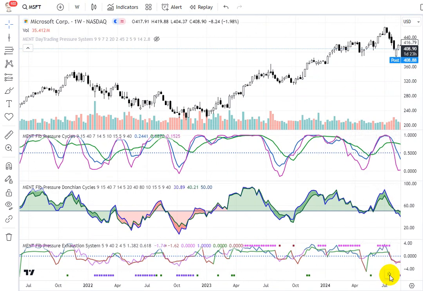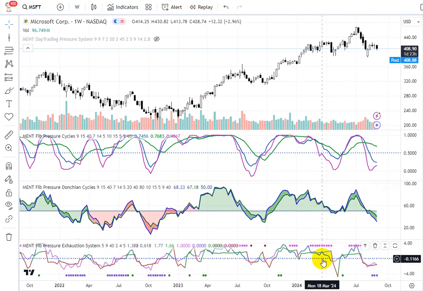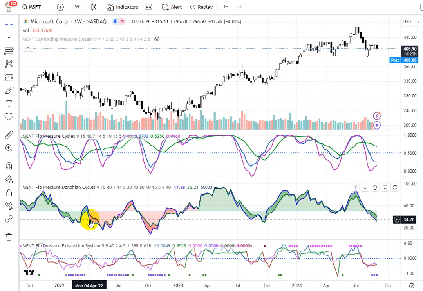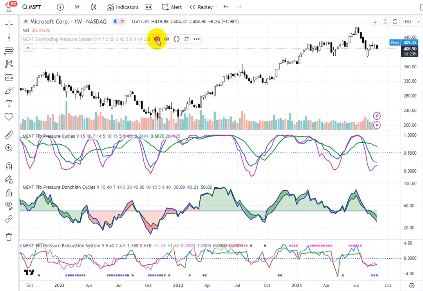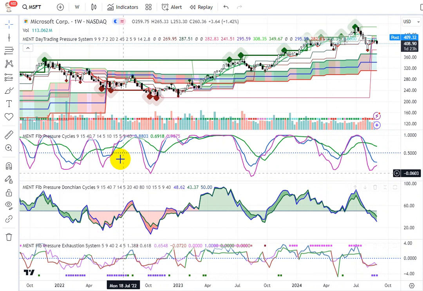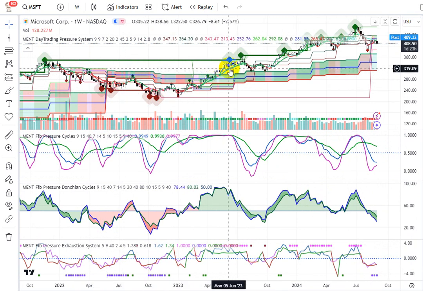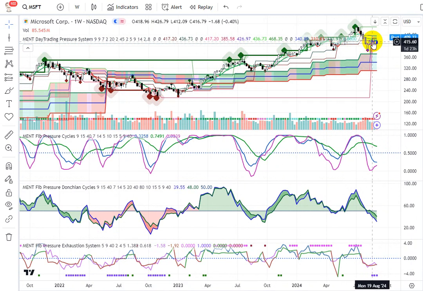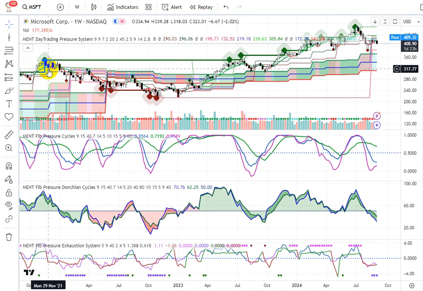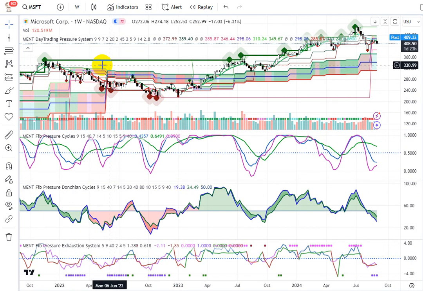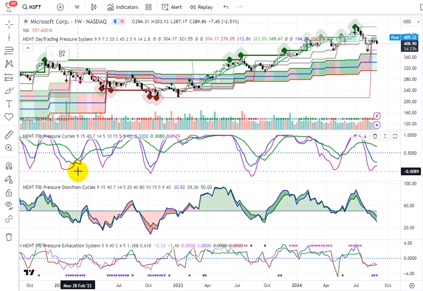So there's Microsoft. What do you think? Look at the trending system. I mean, literally, look at the trending system. Now let's put this back. Let's look at the breakdowns. Bearish trending right here, bullish trending right here, all the way up, still in bullish mode back here, neutral trending right here, very clean cycles, cycle low, coming back through here, I'll mark it